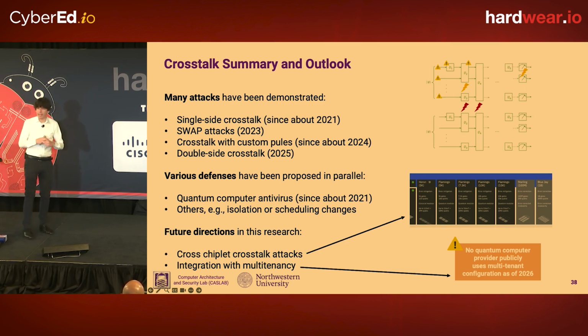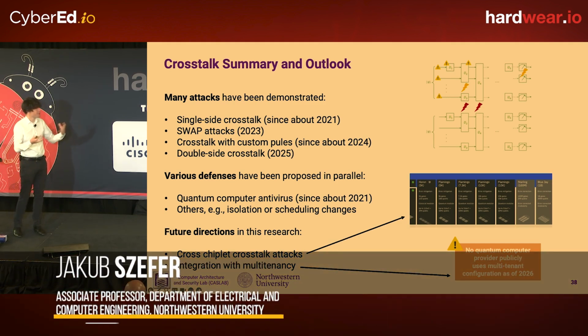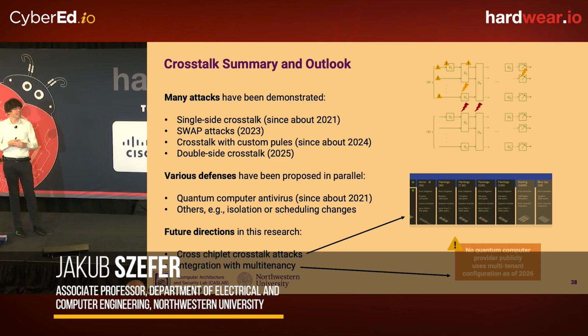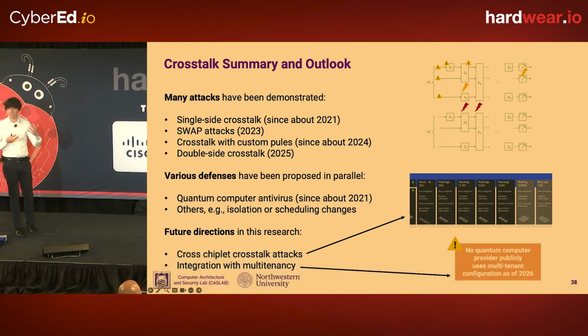On one hand, that might create an opportunity for multi-tenancy where each user gets a chiplet within a bigger chip, but then what are some crosstalk or new issues among those chiplets? I think there's a tension: on one hand, we want to share the machines, maximize the revenue or the utility of the limited machines. But on the other hand, you have these crosstalk attacks that can be executed by one user loading a circuit that does nonsense computation but creates a lot of noise.